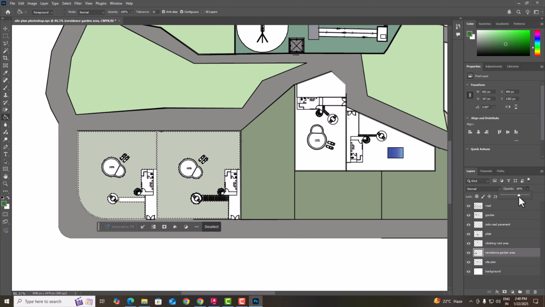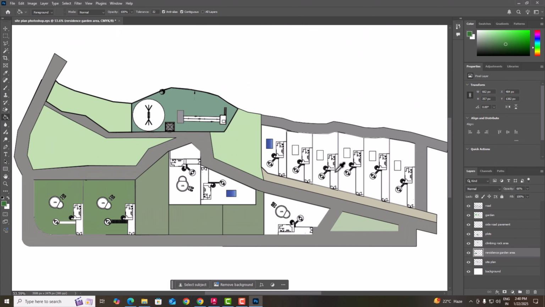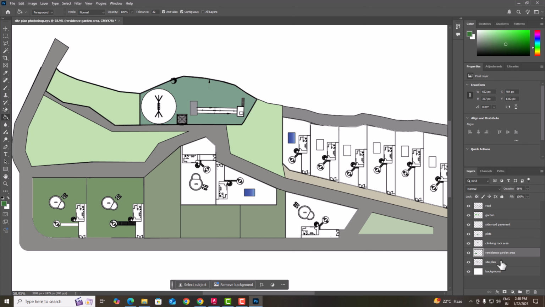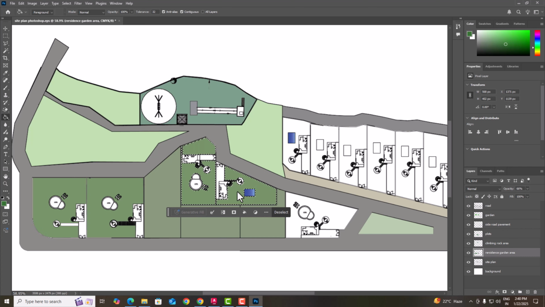opacity here, and you can press Ctrl D. So now this is done here. So same we will repeat here. So I'm going to select site plan here and use magic wand tool, and we'll do same thing here, and you can select this layer here, residence garden area, press G command, this